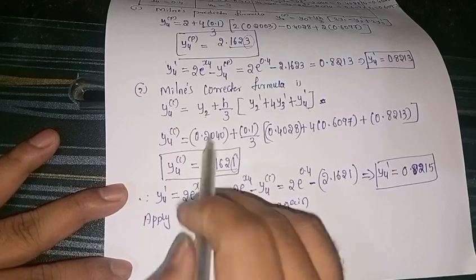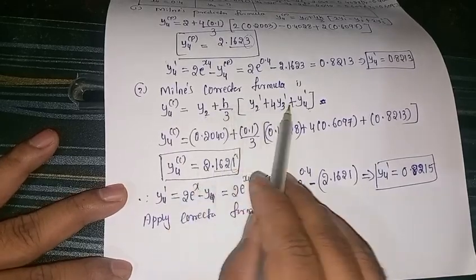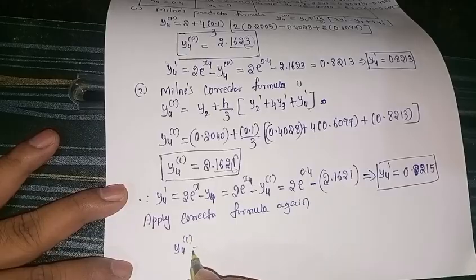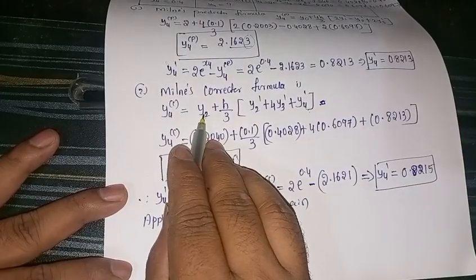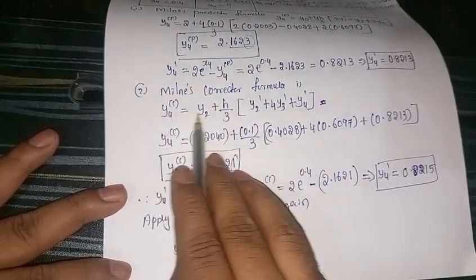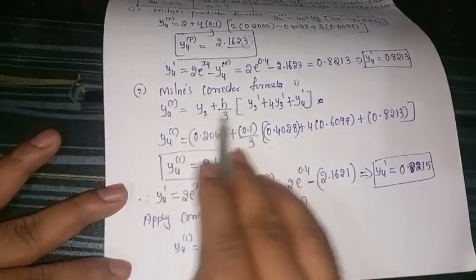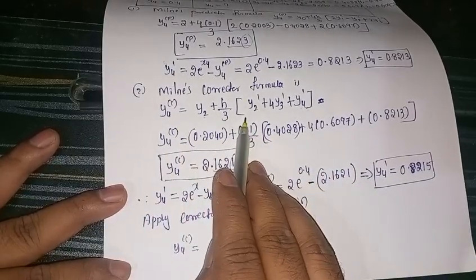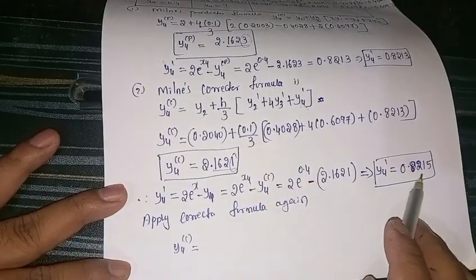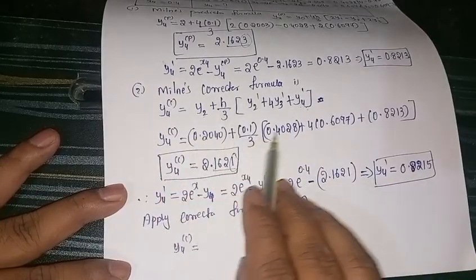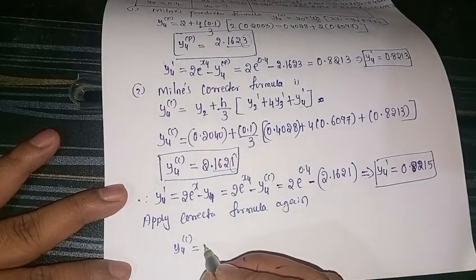So y4 same. In the same formula we have to replace all the values. So y4c equal to, what is the formula? Y2. So only this y4 dash is different. The rest all values are same as in the previous corrector formula. Only this y4 dash we got as the new y4 dash value. Therefore, the rest all values we have to keep as they are. So y2